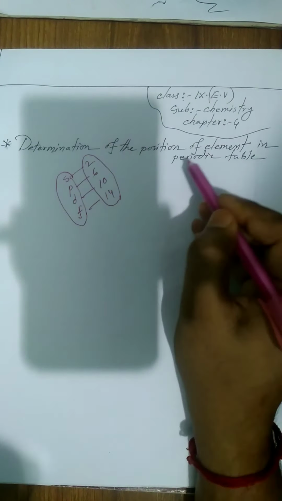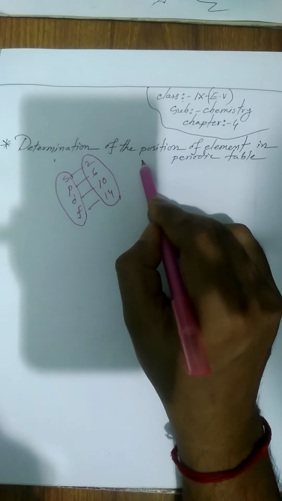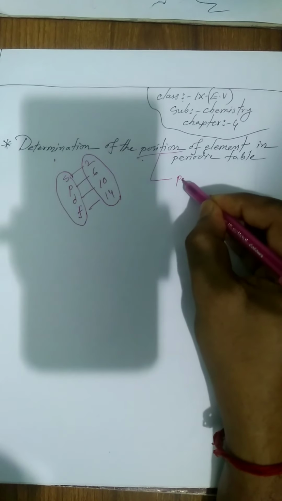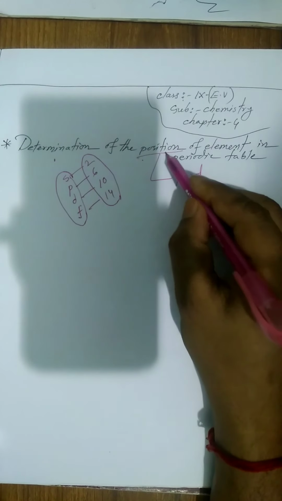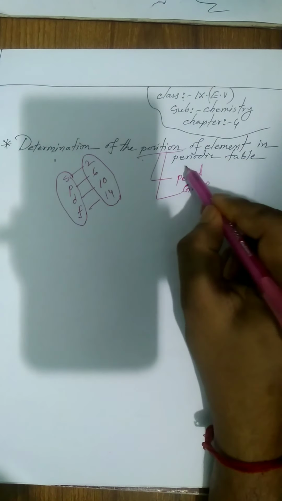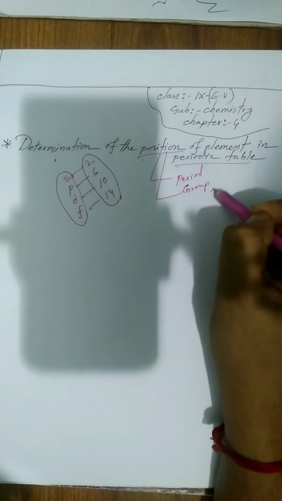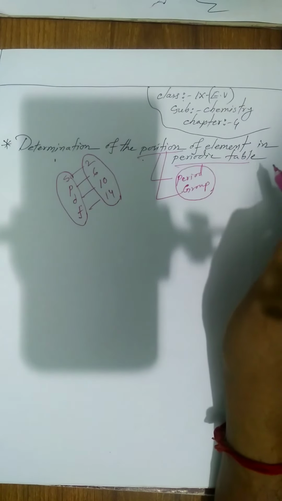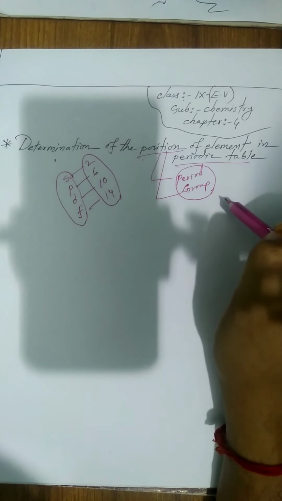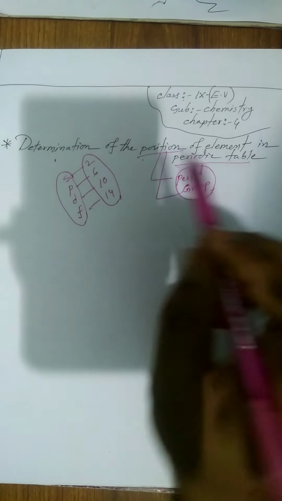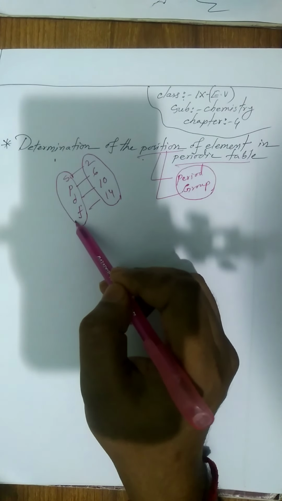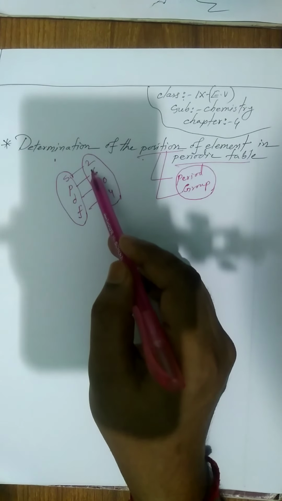So, determination of the position means the period number and the group number in the periodic table. These two numbers denote the position of the element. And since there are 4 orbitals with a highest number of electrons,